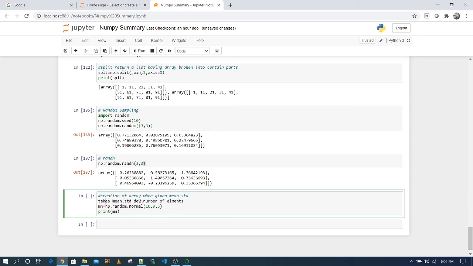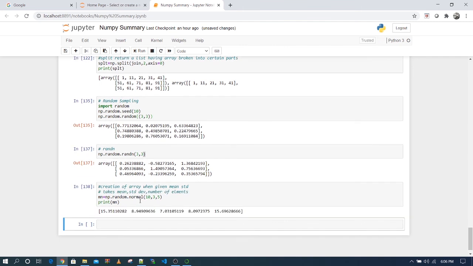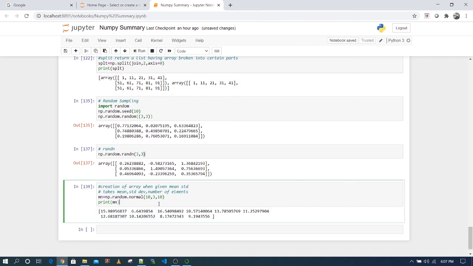So let me print this. If you sum up, you will find that the mean is 10 and standard deviation is 3. Similarly, if you increase the number of elements, if you need 10, then it will give you a distribution of 10 elements having mean of 10 and standard deviation as 3.